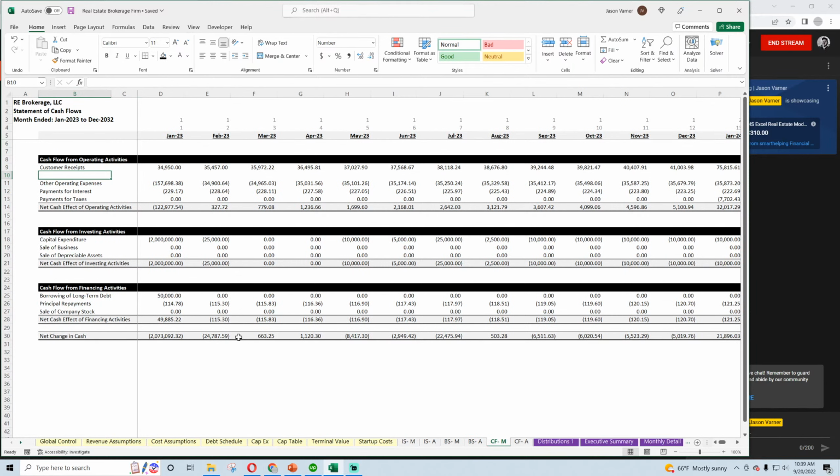Cash flow statement. Let's see. So this is fine. That should not be an issue. We got our CapEx. Got our sale of business and fixed assets. Sale of company stock is the one. Okay, so yeah. All right, so now what we got to do real quick is on the monthly